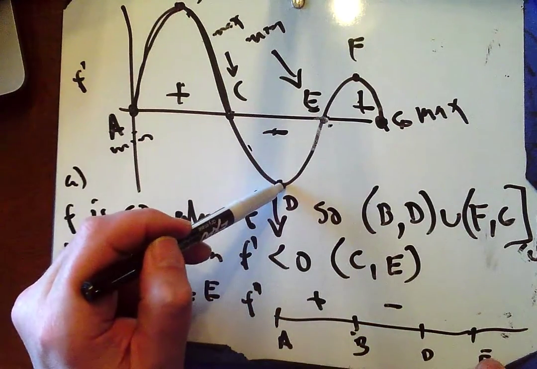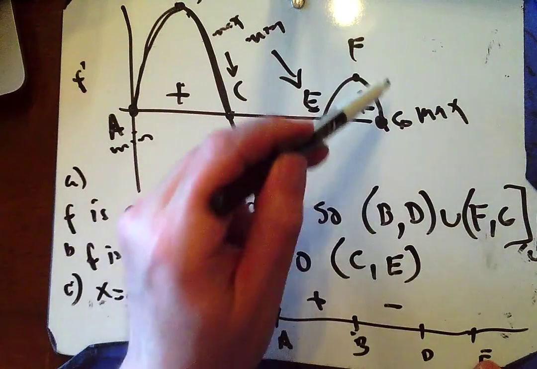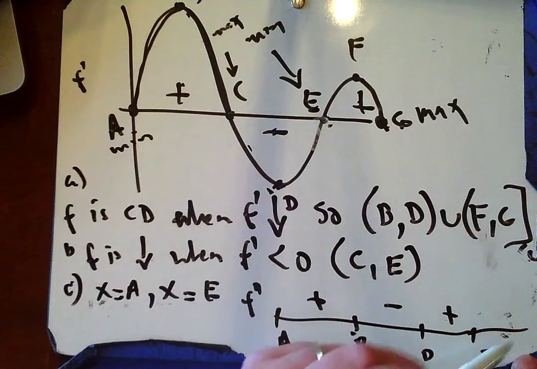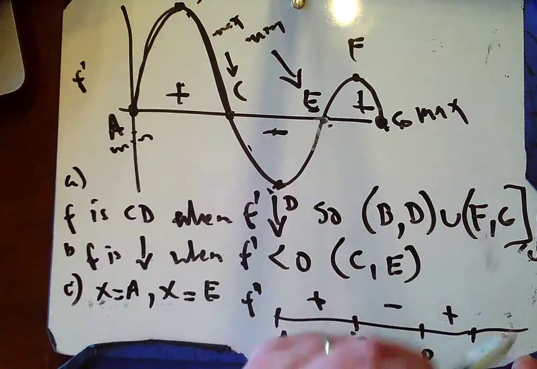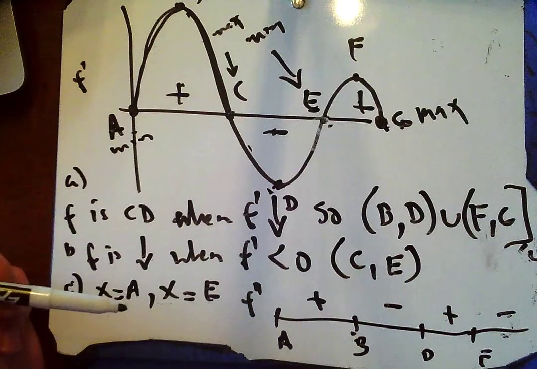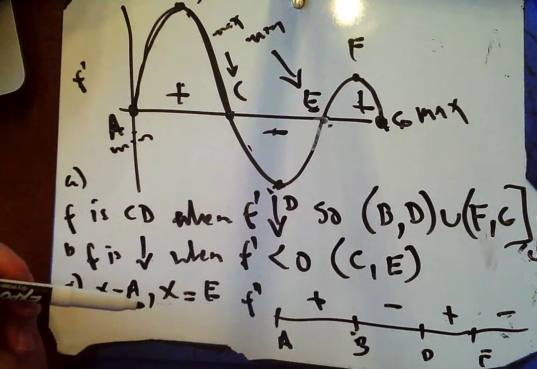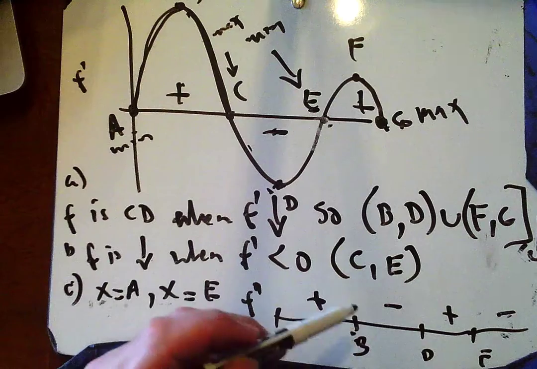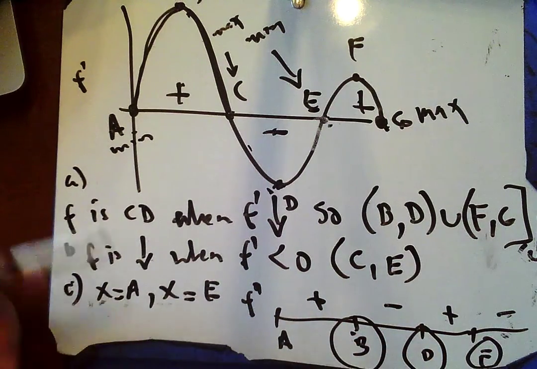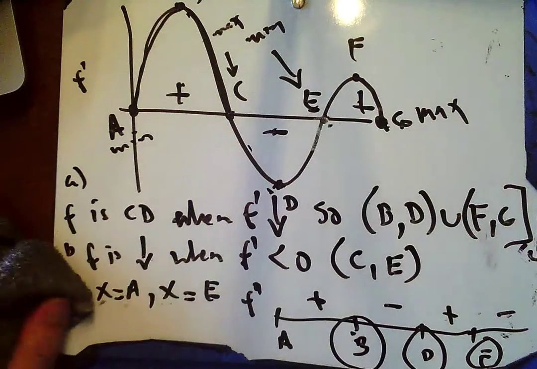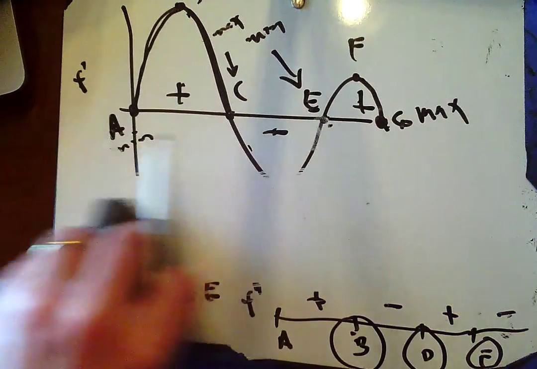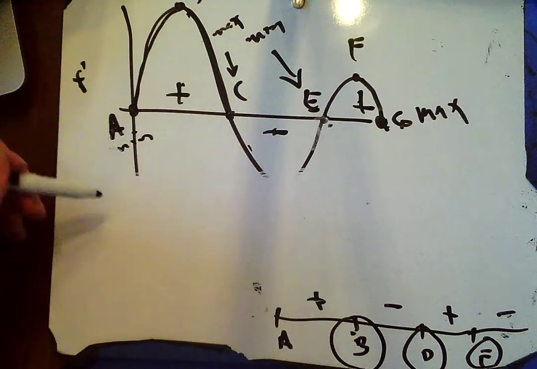From d to f, we see f prime is increasing again, therefore f double prime is positive, and from f to g, we see that f prime is decreasing, and therefore f double prime would be negative. And so I can say that I have inflection points at b, d, and f because f double prime changes sign. That works some years, but some years you have to say